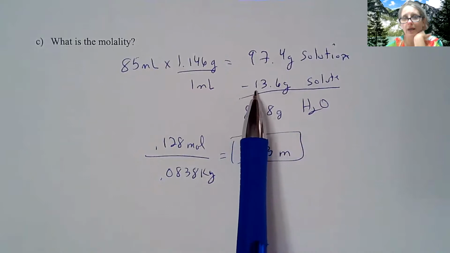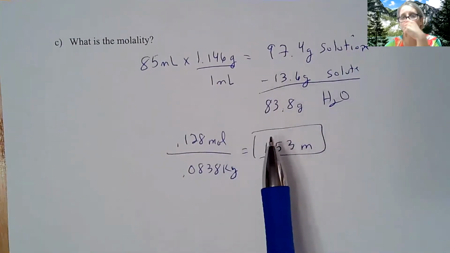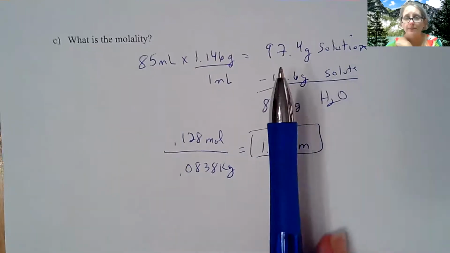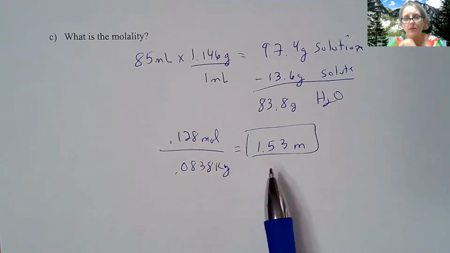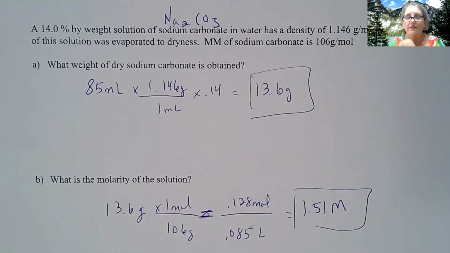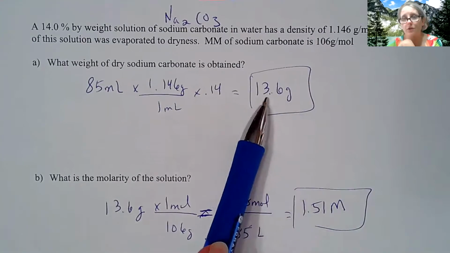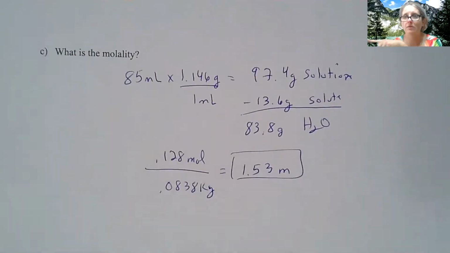I had that from part A, which is 13.6. So then I have 83.8 grams of water for this calculation. I take the moles over the kilograms and I find my molality. Again, with any of these types of problems, if you get this first part wrong and you follow it through for the rest of the problems, you're going to get full